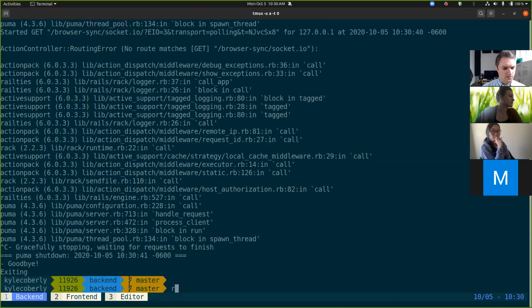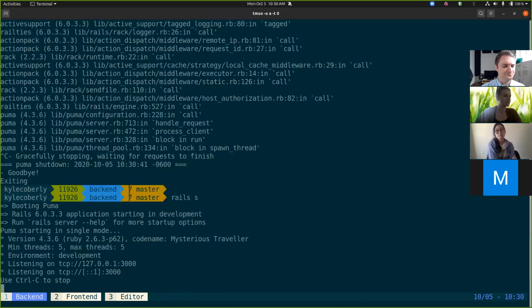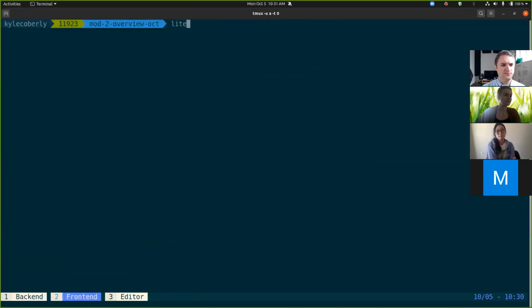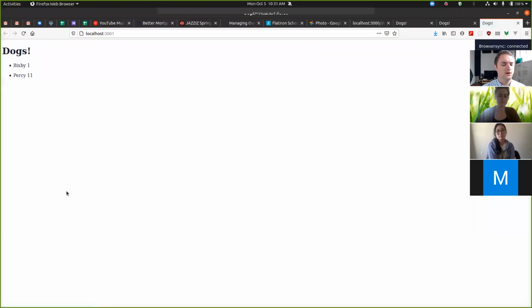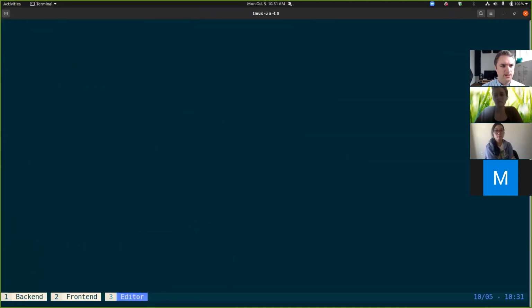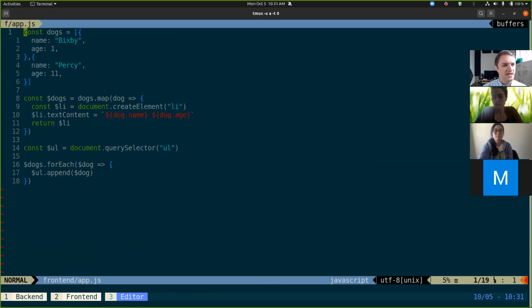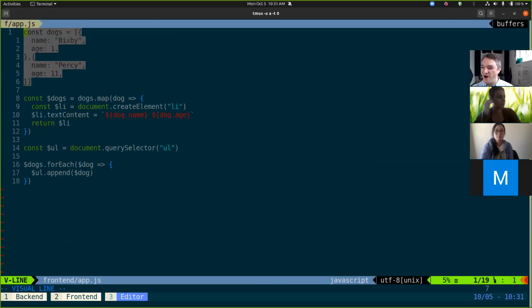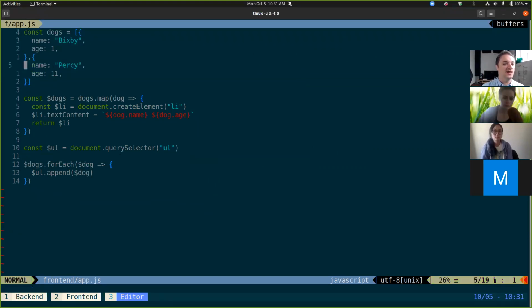All right, so let's run this Rails server. Let's run this front end. All right, cool. Now in my JavaScript file, instead of hard coding these dogs, I'm going to pull them out of my database. So the way that I do that